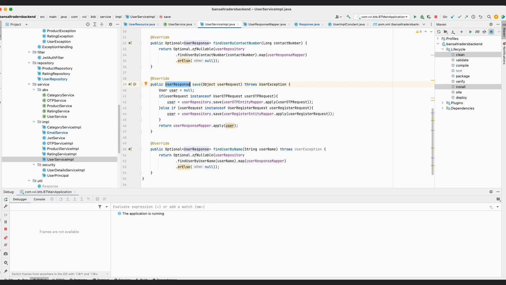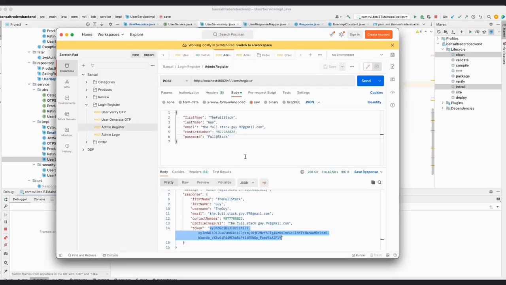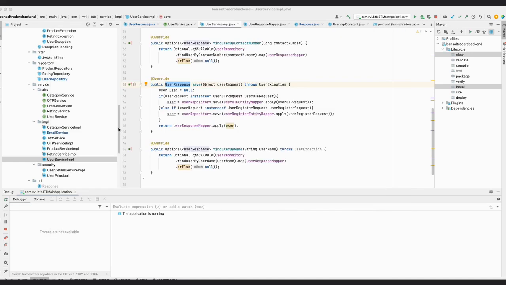A quick revision: we did an API call. Our code came to